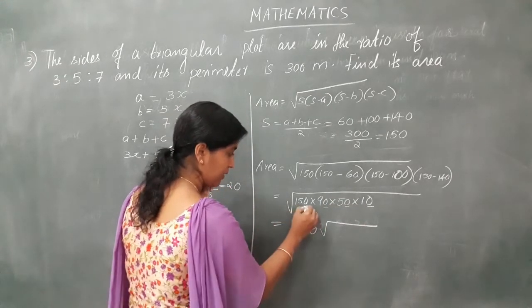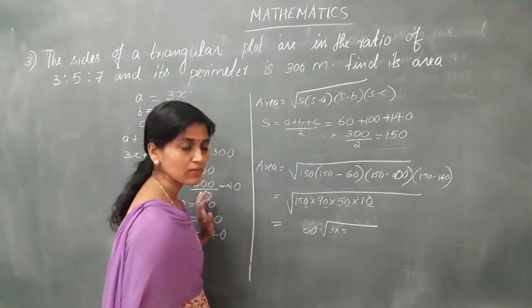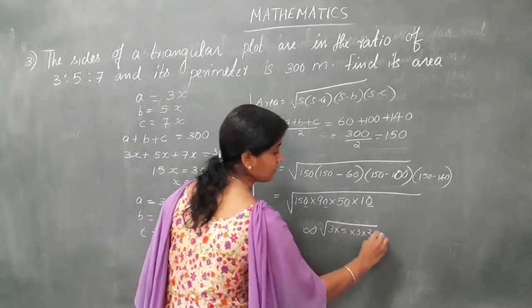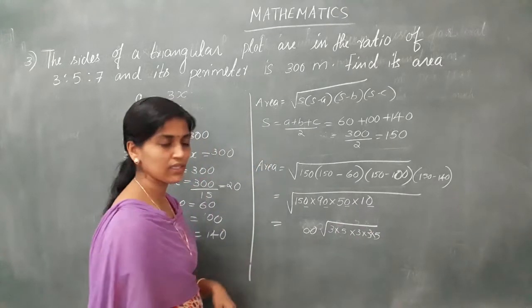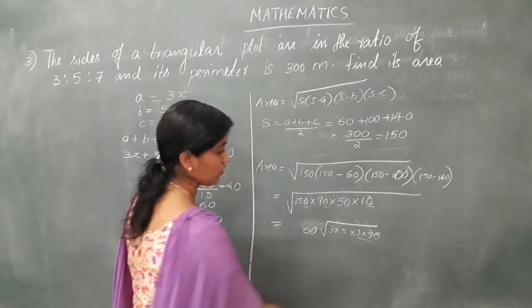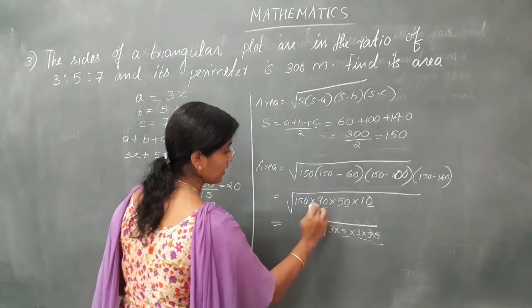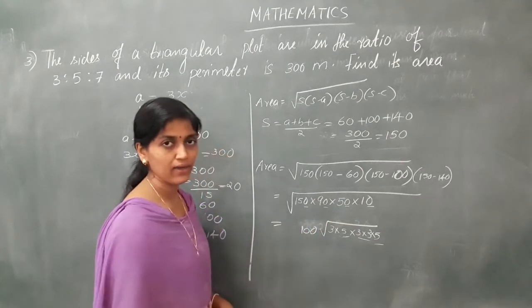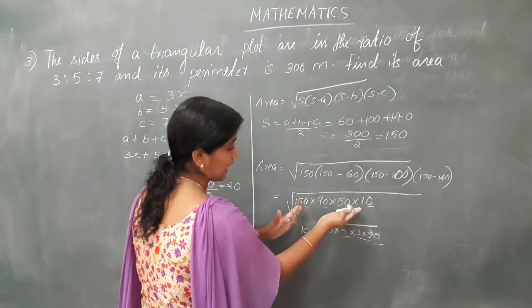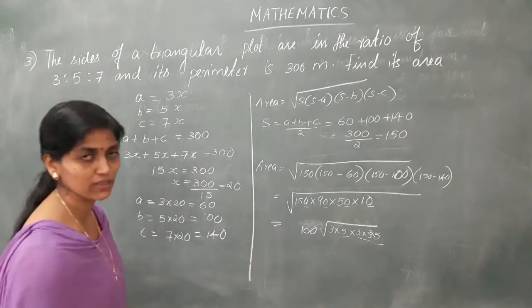Isn't it? 15 can be written as 3 into 5. Again 9, 3 into 3. Again 5 over here, into 5. Then 1. So 3 is having a pair, 5 is also having a pair, which means we will get here 2 zeros, which means it is 100. So we will take 2 zeros, which means 100 outside. We have studied last time an easy way to find the root.